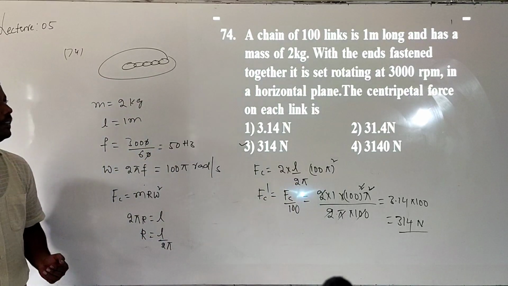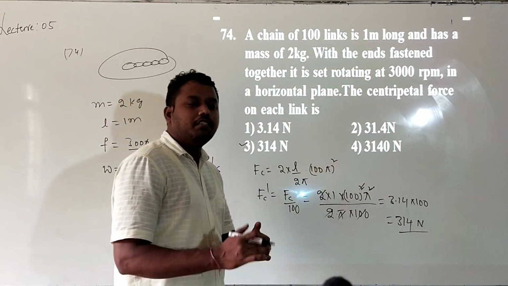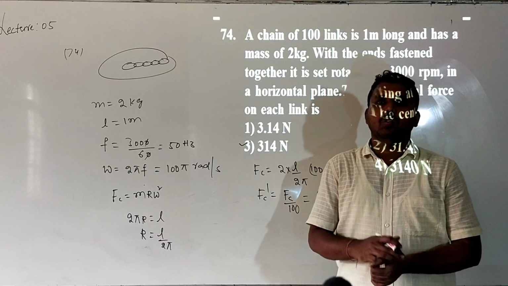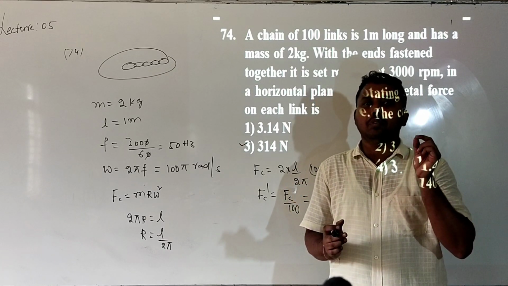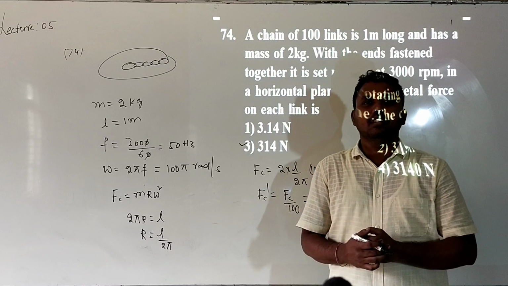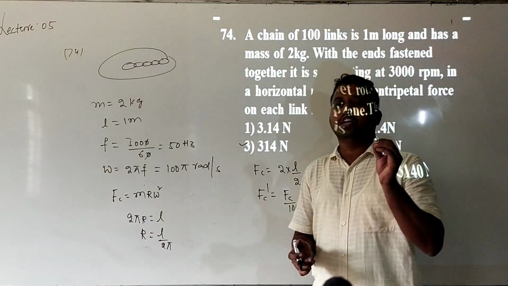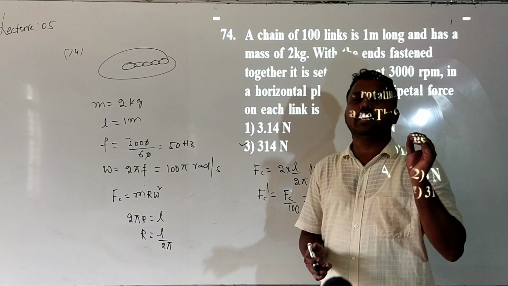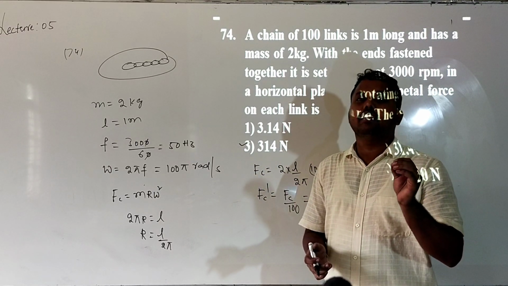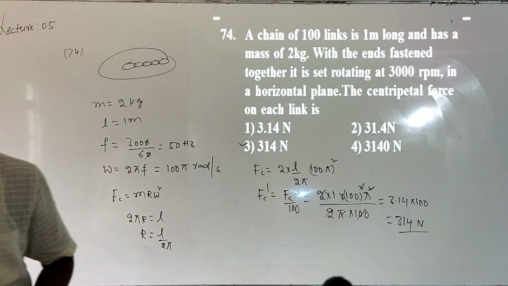Question understood now? This is horizontal circular motion. As usual, first we get questions based on horizontal circular motion, then we get vertical circular motion. And a very important point related with level 3: level 2 questions can be solved with minimum knowledge, but if you want to solve level 3 questions, you should have a clear idea. You have to get the concept properly. If the concept is clear, then only level 3 questions can be solved. So this was question number 74. Next question.